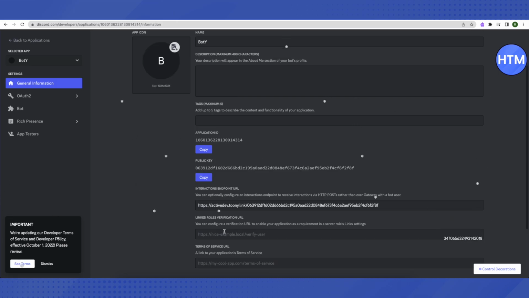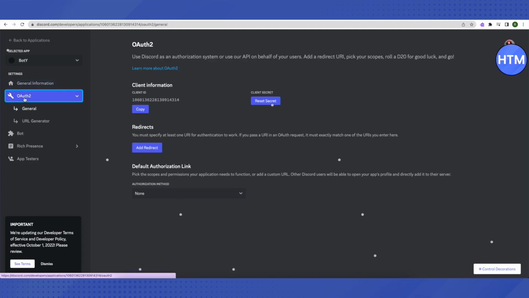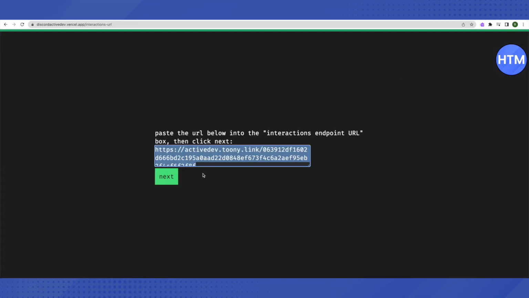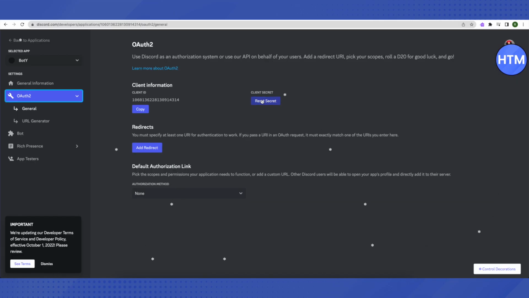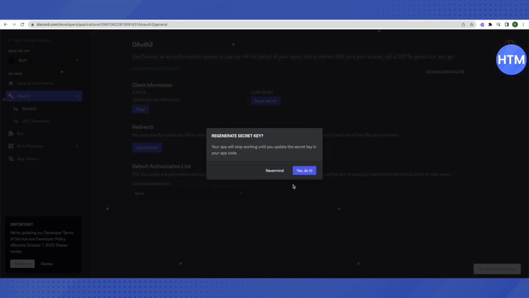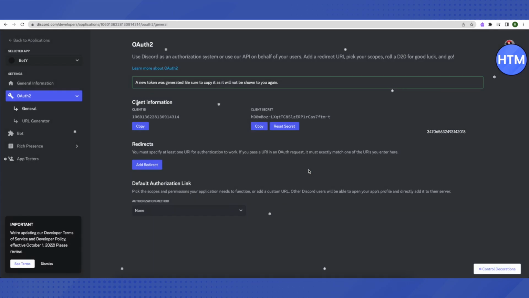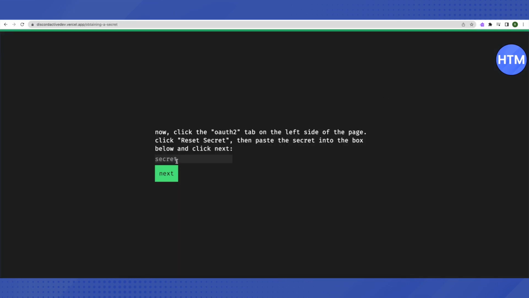Now go to authentication on the left hand side, and here you will have to get this client secret key for our next step, and that's why we are here. Then click on reset secret, click on yes, do it. After that, just copy this client secret and paste it over here. Then click on next,